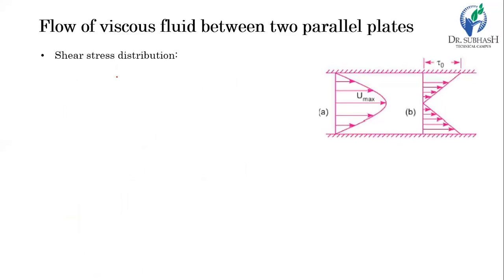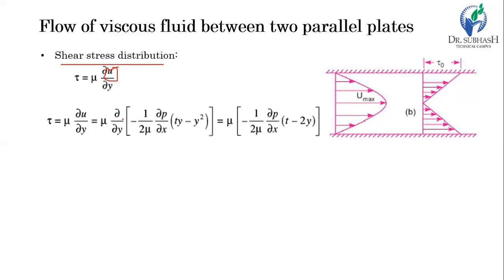Now let's consider shear stress distribution. Here we have seen velocity distribution previously, but we did not derive the equation of shear stress distribution between two parallel plates. So let's derive it. For that, again, tau equals mu into du by dy. In this equation, put the velocity distribution we derived earlier, which is minus 1 upon 2 mu, del p by del x, into (ty minus y square). By doing a simple partial differentiation, we get the equation of shear stress distribution